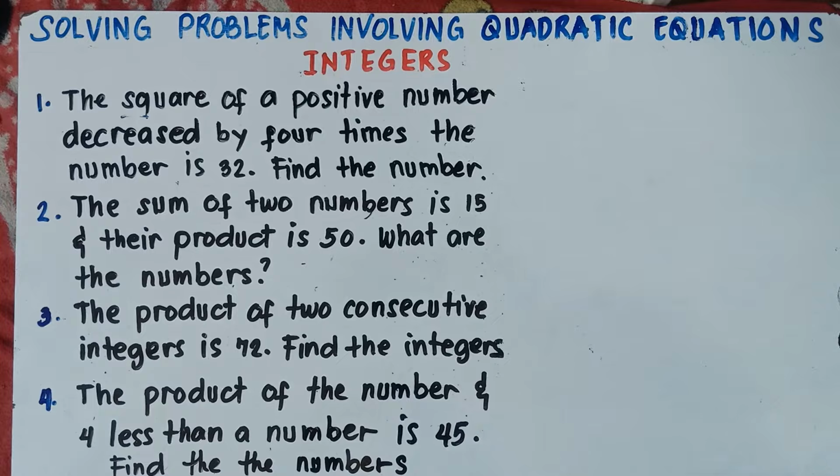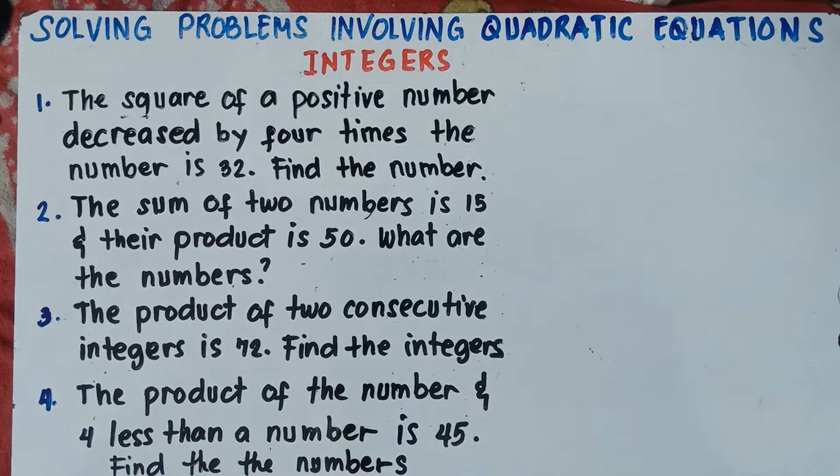Part 1 of our video is still problem solving involving quadratic equations, but we solved for geometry. Feel free to see the link in the description down below with regards to part 1 of our video. We actually solved for the length and width given the area and perimeter of a rectangle. So feel free to see the video class.